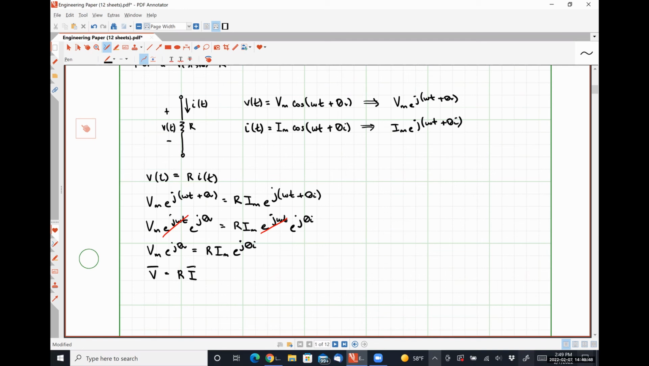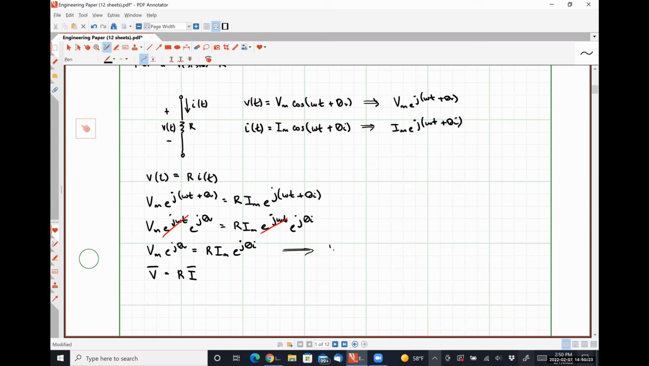If we look at that previous step where I have Vm e to the j theta v is equal to R times Im e to the j theta I, those are complex numbers on both sides of that equal sign, right? So that means the magnitude of whatever's on the left-hand side of the equal sign has to equal the magnitude of whatever's on the right-hand side of the equal sign. And similarly, the phase angle of the left-hand side has to equal the phase angle on the right-hand side. So we can say